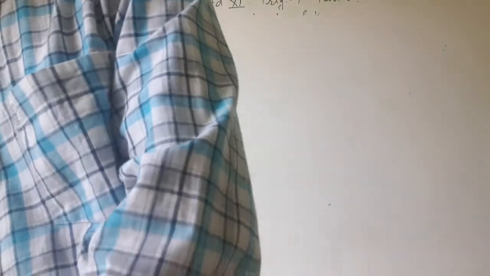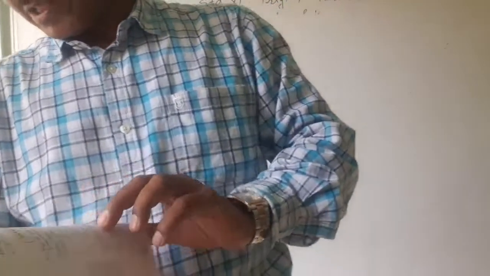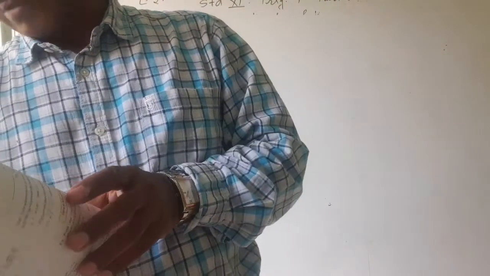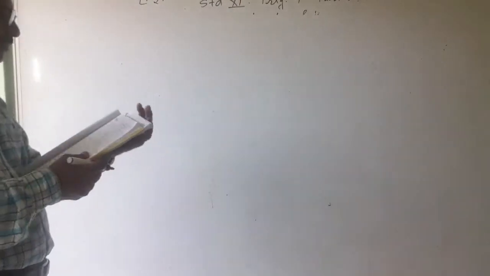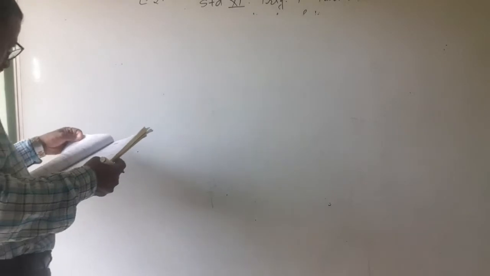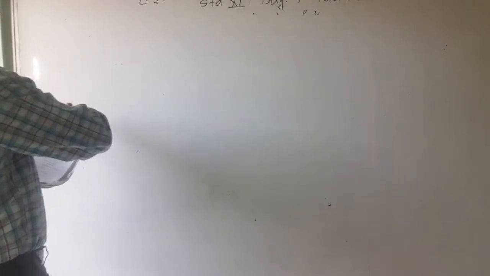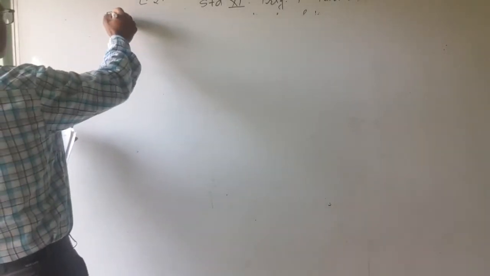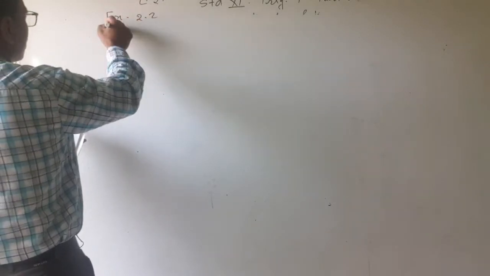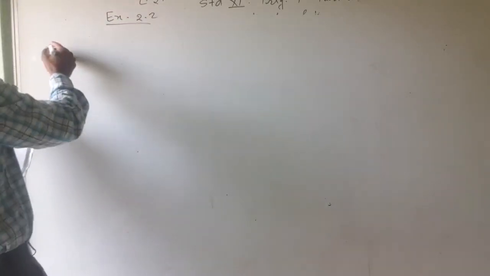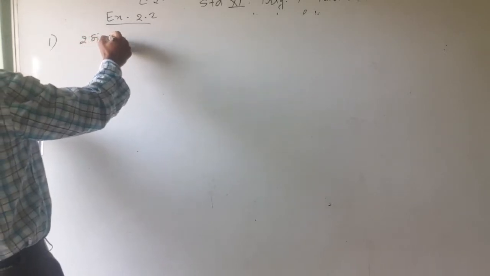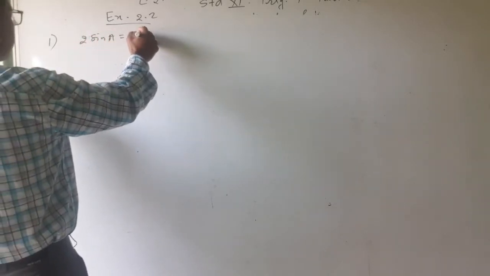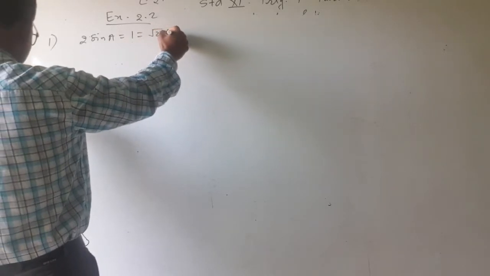From this we will take another example, because for the examination this is always sure. We'll go for the exercise, and then we will find it. Exercise 2.2. In that, question number 1: 2 sine A is equal to 1 is equal to root 2 cos of B,